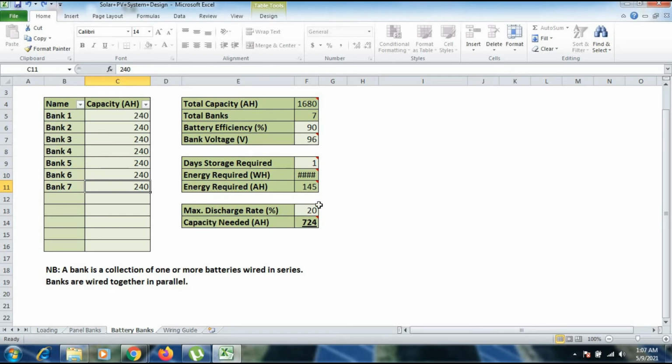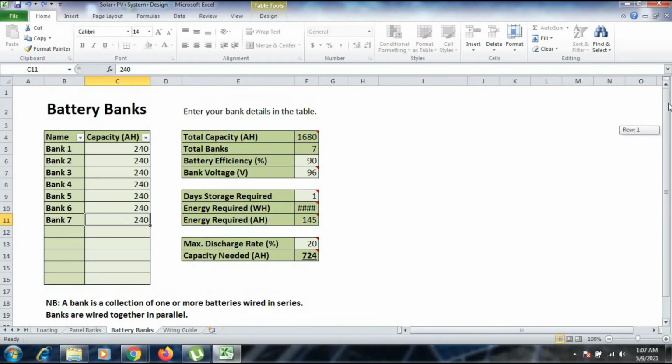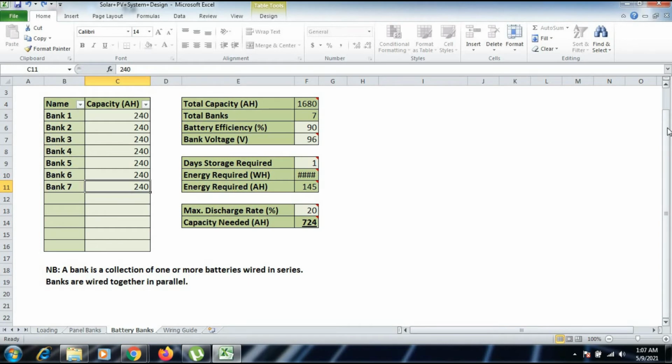So the maximum discharge rate is 20%, as it's been said here. 20% discharge rate means we are able to use 20% of the complete battery capacity. Why are we using only 20% of the battery capacity? Just to make sure the battery's lifetime remains much longer.